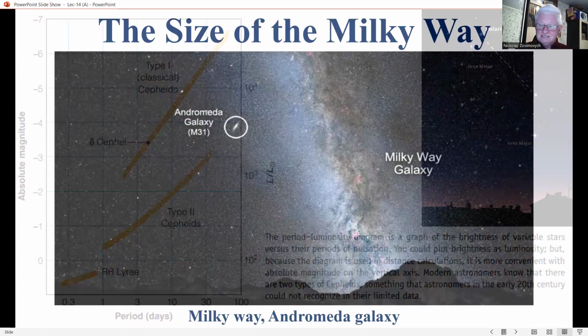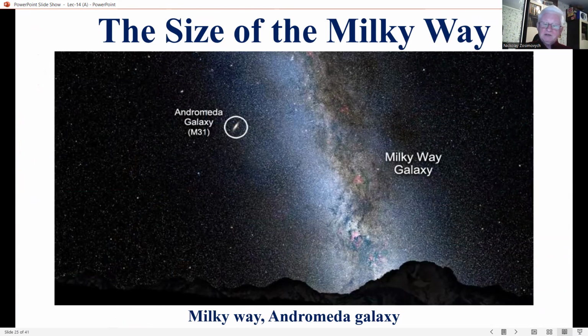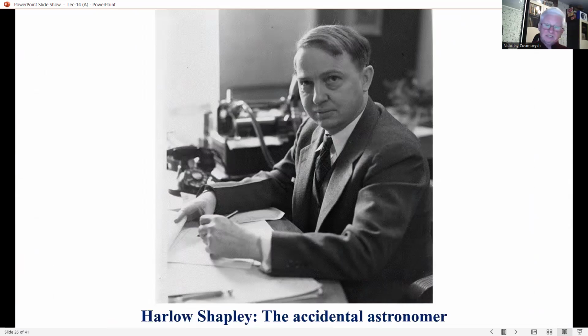Earlier in the 20th century, when Henrietta Leavitt was studying the photographic plates, astronomers believed that they lived near the center of a disc-shaped cloud of stars that they called the star system. Many believed that the star system was isolated in an otherwise empty universe. A young astronomer named Harlow Shapley began the discovery of the true nature of the Milky Way when he thought about different kinds of star clusters.